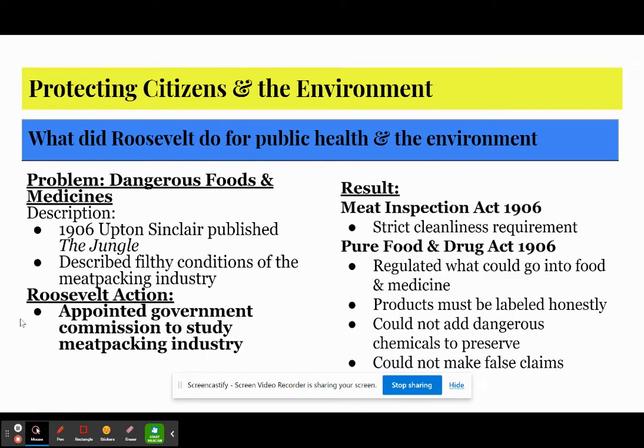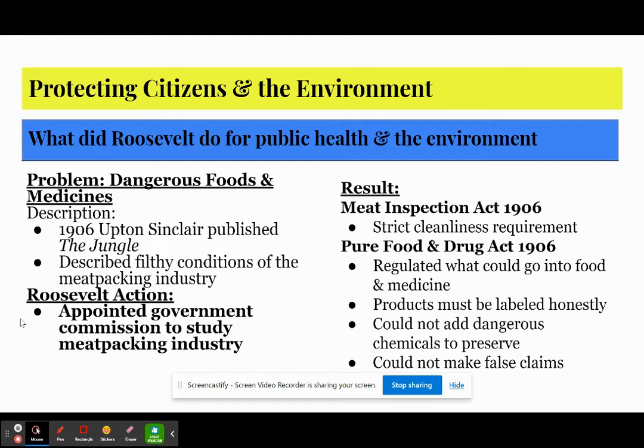And we're moving on to this idea of consumer protection. In 1906, Upton Sinclair published The Jungle. The Jungle was a book that talked about the meatpacking industry, and it described the filthy conditions of the meatpacking industry. It talked about how meat was on the floor and there were rats running around the meat, and there was rat dung in the meat, and workers spitting on the meat, etc. It was just filled with bacteria. And this was meat that was going to be consumed by average people.